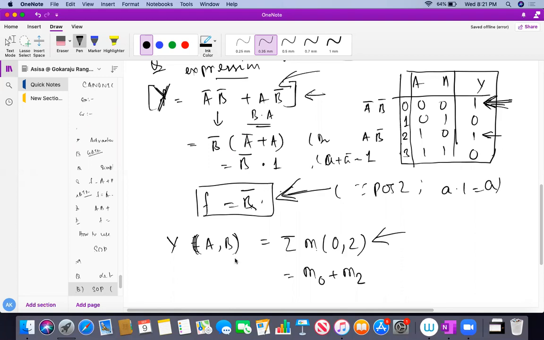All of you understand, students? Very simple. And why have I not written 1 and 3? Because at 1 and 3 I am not getting any logic output. As I told you, in SOP only ones will be taken care of. Wherever the logic equation is 1, those inputs I am going to take care of, and I am going to take the SOP equation from there. Okay. Next part.